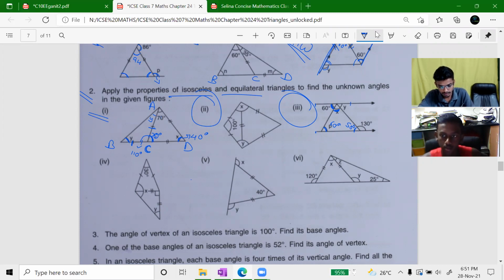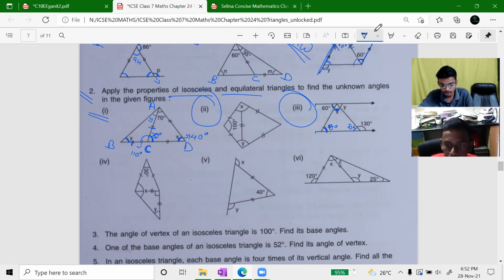See, you can, this is 60. Wait, I will erase everything. This is 60 degree. Head shape angle, that's why it is also 60 degree. What will be the measurement of this angle? 50 degree. And what will be the measurement of this angle? You can find it out. Just tell me yes or no. We will add them and subtract from 180. You will get the value of X.